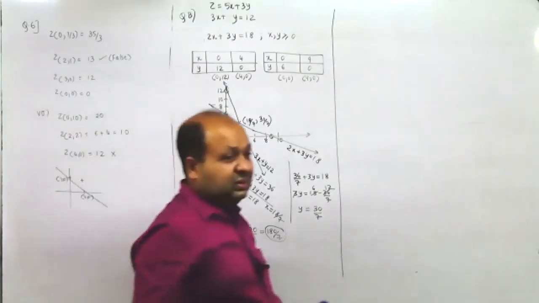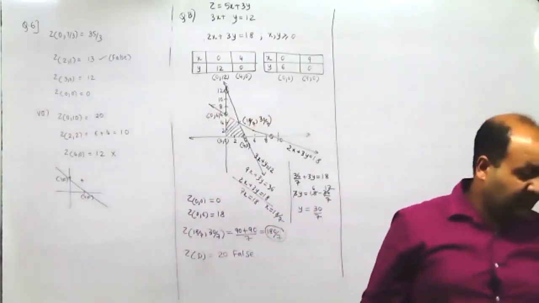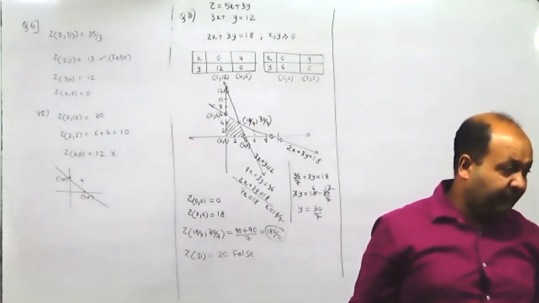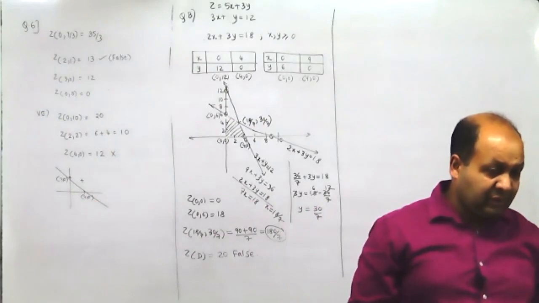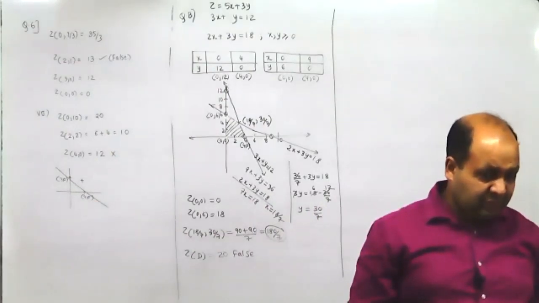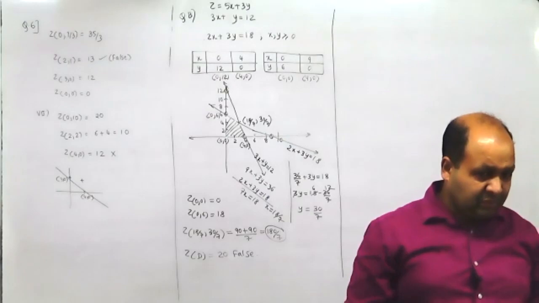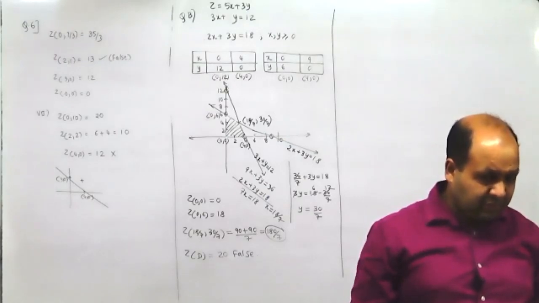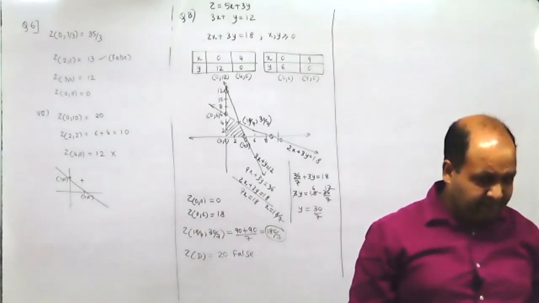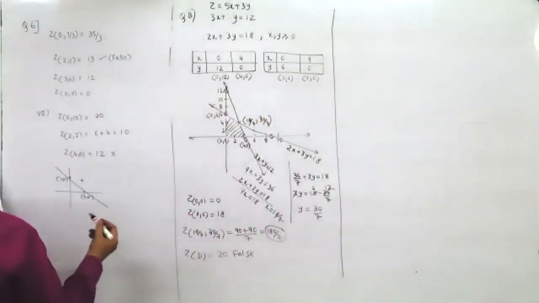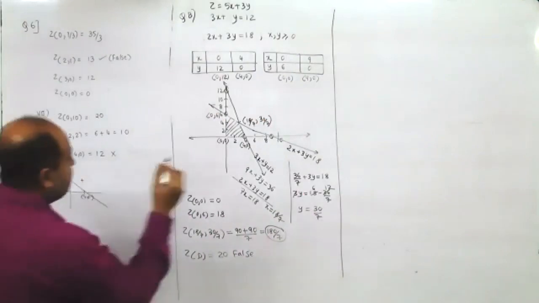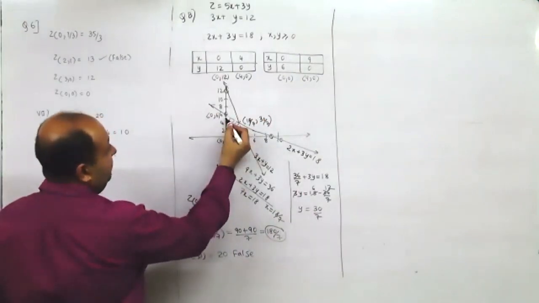Sir, I found it in the textbook. Should I read the steps? Yeah, say. Step 1, find the feasible region of the LPP. Step 2, determine the vertices of the feasible region either by inspection or by solving the two equations of lines intersecting at the points. Step 3, find the value of the objective function z at all vertices of the feasible region. Step 4, the most suitable method. That is the corner point method. So I was right. This is the corner point method, the one which we did.